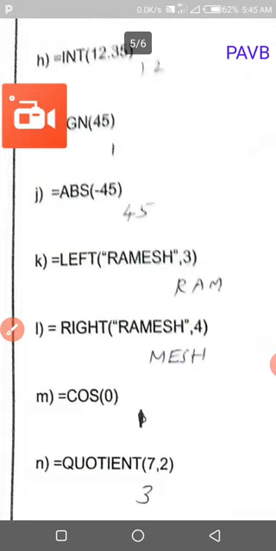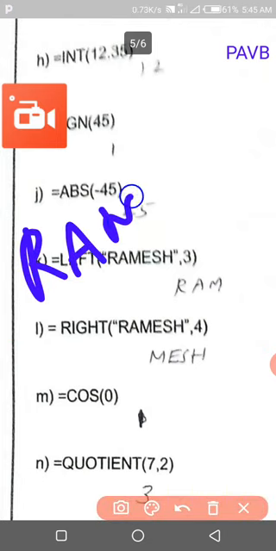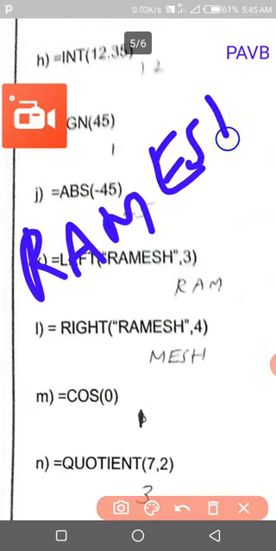Next, the left function. What is given in double quotes? The string constant. A string constant is whatever is given in double quotes. RAMESH, from the left 3. From the left we have to count 3 letters because comma 3 is given: 1, 2, 3.